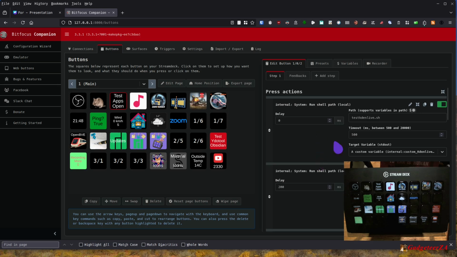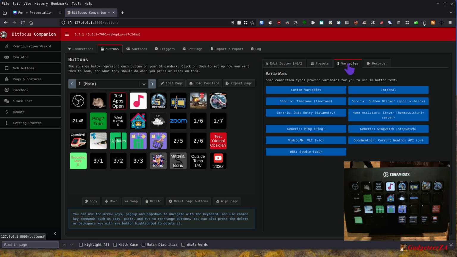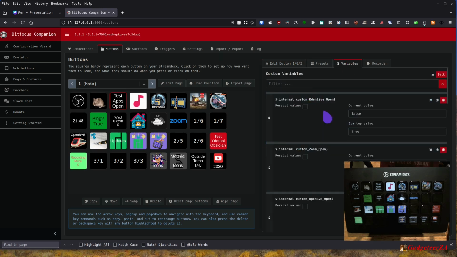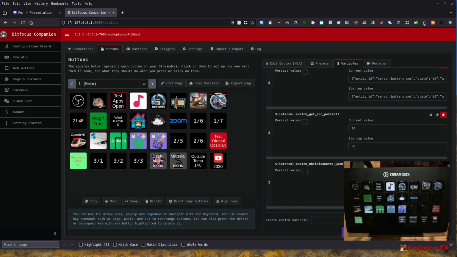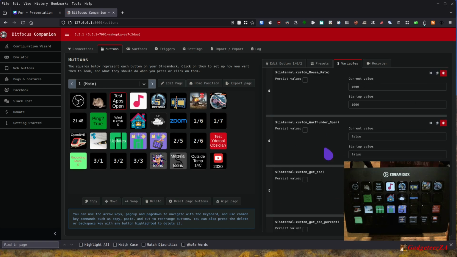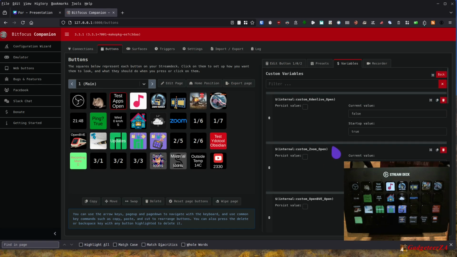And if you want to know where to create custom variables, you're going to go to variables, custom, and these are the existing ones, of course, but you can also add a new one at the bottom there with a name. And you'll see they're just plain simple little variables with that name, custom KDN Live open. It starts off by default normally as true. Well, it's starting as true. I don't know why. It's probably because it was open. And its current value, after I've pressed the button, is the current value, true or false. So it's set after that